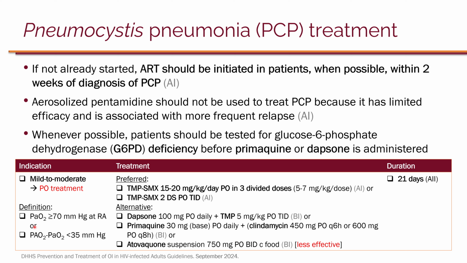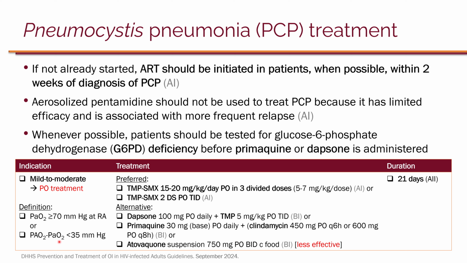Treatment of PCP is based on severity of infection. So mild to moderate severity, which can be treated with oral treatments, they do not require IV administration of drugs, is defined as either PaO2 of at least 70 millimeter of mercury at room air. PaO2 is partial pressure of arterial oxygen, or A-a gradient less than 35 millimeter of mercury, and so the capital A is for alveolar oxygen, whereas the lower